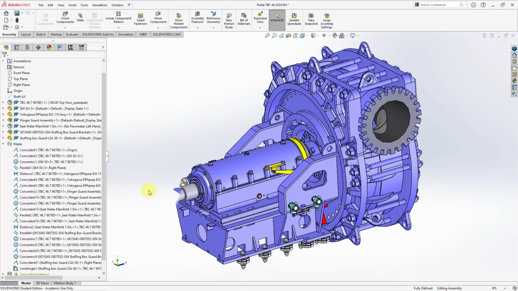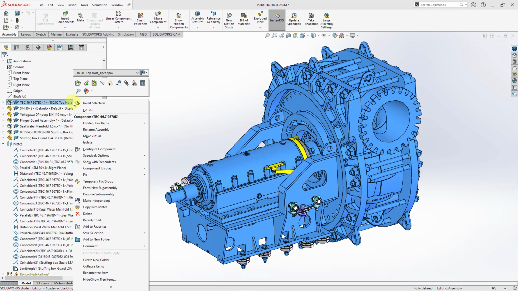Now I'm going to move my mouse over the model, and you'll notice that we can see the different subassemblies that were underneath the big assembly. But since we're just using the graphics Speedpak, we are getting the rest of the geometry from that big subassembly ghosted. Let's go back. I'm going to right click, and then I'm going to go to the Speedpak options,